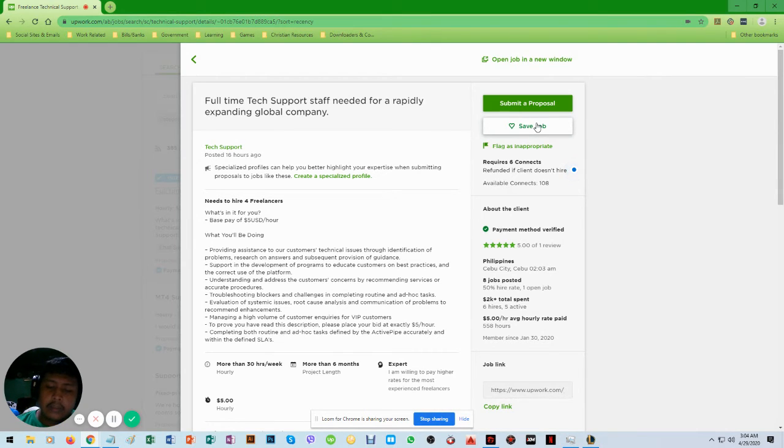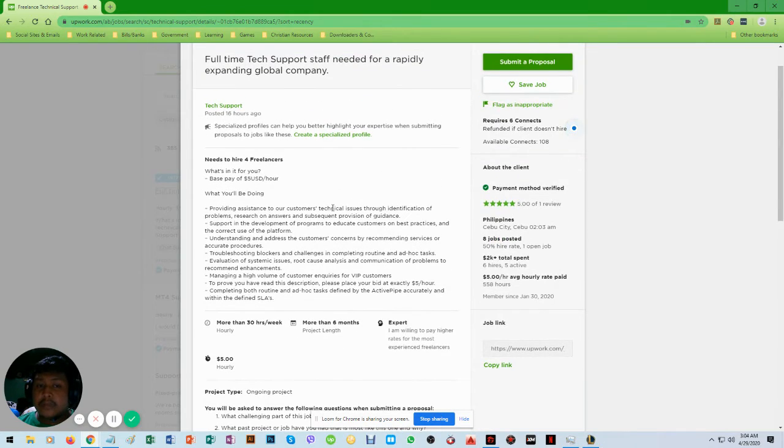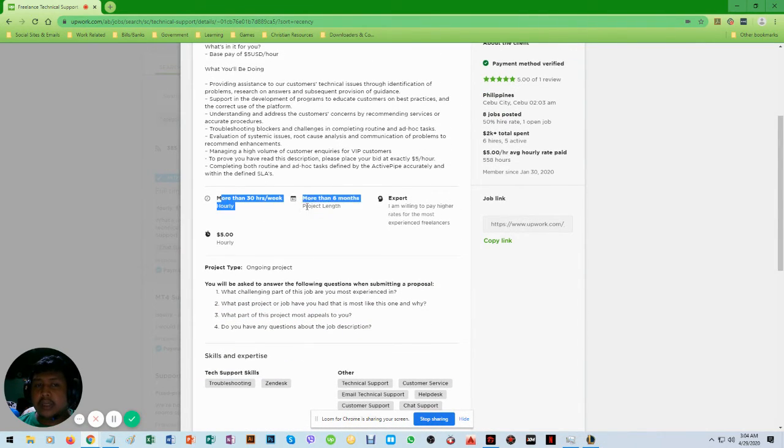It's not really recommended. Depending on the nature of the job that's being posted, or depending on the niche, some job postings actually get closed down within a day kasi marami yung nag-a-apply. So you'll see the description of the job. You'll also see the type of contract that you're going to have with the client, how long you're expected to work with them, the expertise